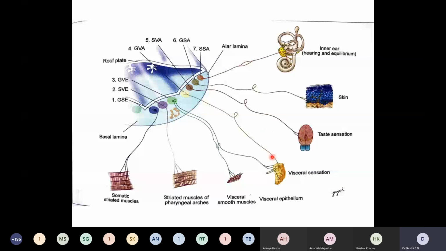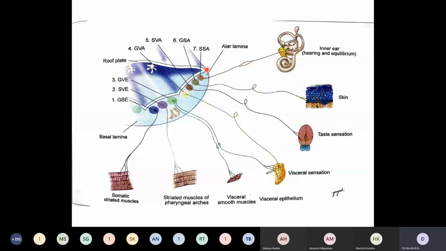So the general visceral afferent carries the sensation from the viscera through the vagus nerve. Special visceral afferent, it is not general, so it is special, carries the taste sensation from the tongue. General somatic afferent carries the proprioceptive and tactile fibers from the face or the oral, nasal and the pharyngeal